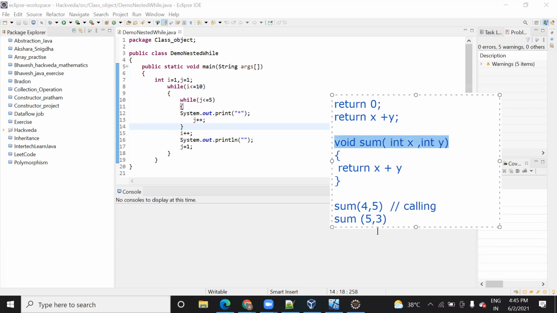Only then, when you call that function, the flow will go to this method and it will perform an operation. Okay, let me explain in a simpler way. Here you have created a method and you are returning a value. Now you are saying that I can use System.out.print and print the value. Yes, you can print the value, but in that case your flow will not come back to this method.